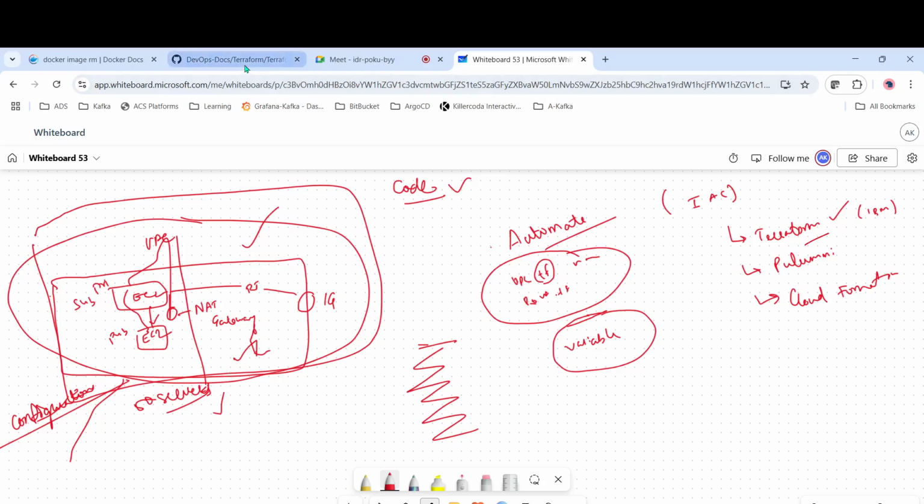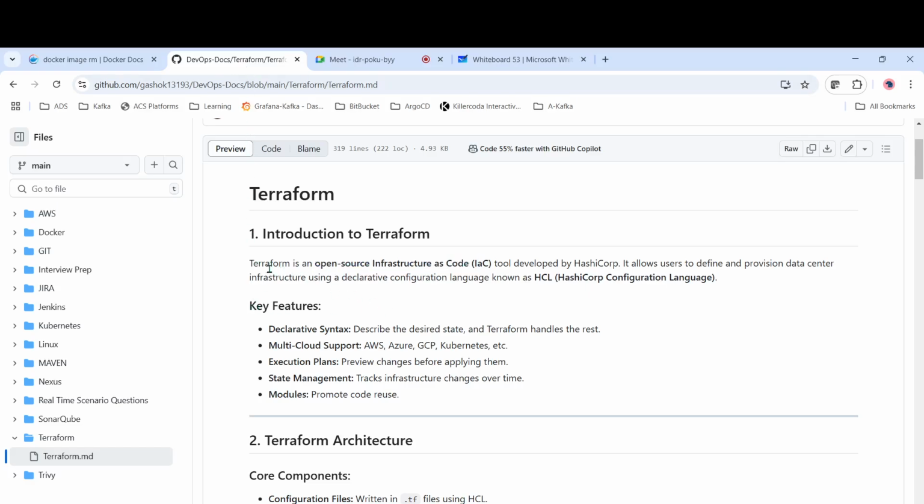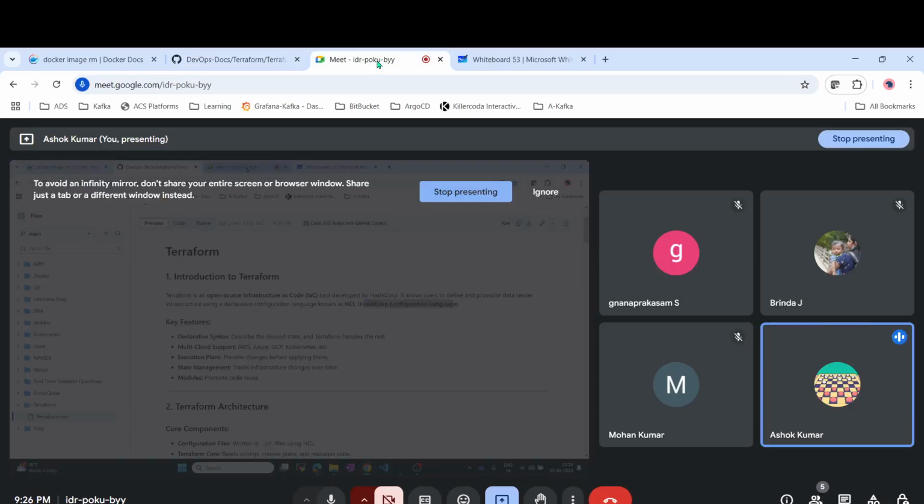Terraform is open source. Open source means it is free, and it is developed by HashiCorp. The language we write the Terraform files in, the .tf files, is HCL, HashiCorp Configuration Language. And what is the main difference between Ansible and